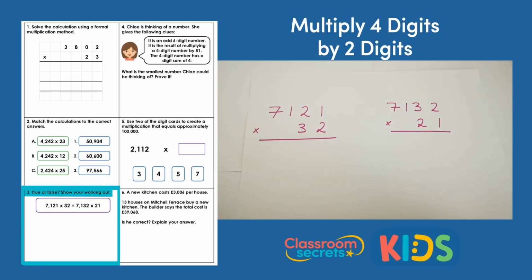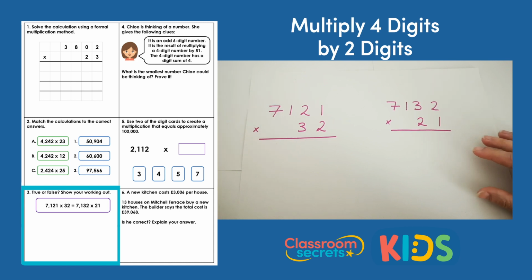Question 3. True or false? Show your working out. 7,121 times 32 equals 7,132 times 21. So the statement is suggesting that the answer to those calculations is the same. So in order to prove whether it's true or false, we need to actually do the calculations. So the first one,